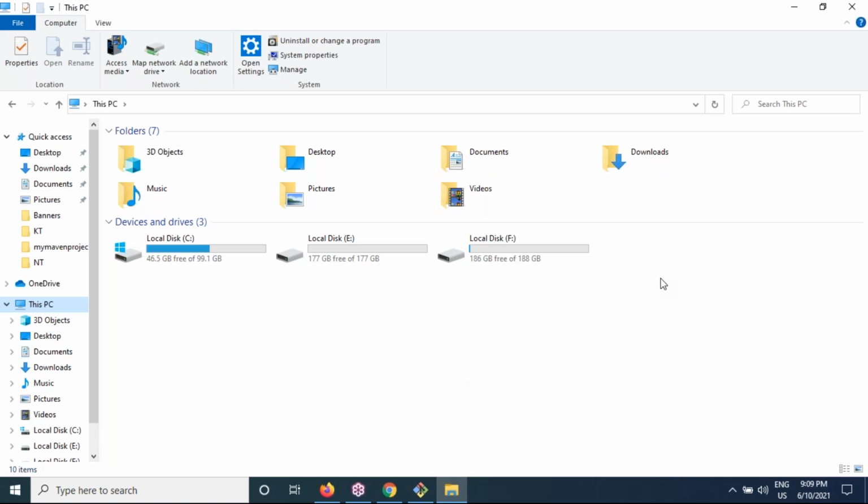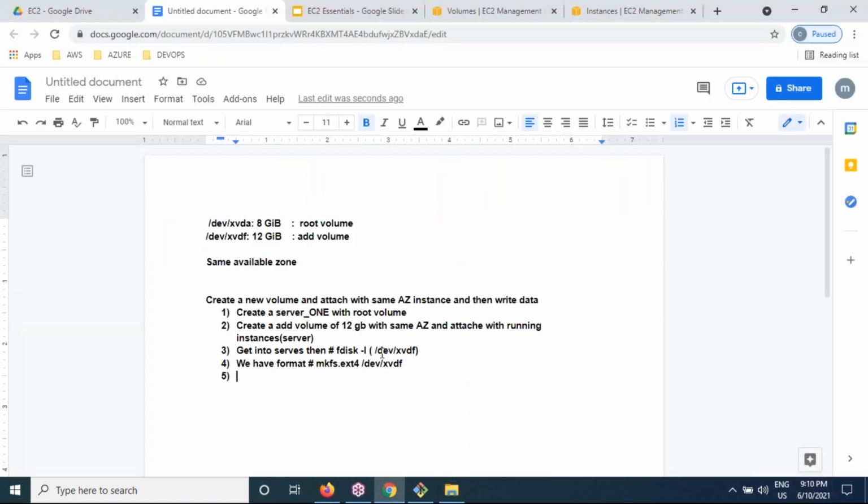No, it is not directly. The pen drive is mounted with a particular drive, such as E, F, G or H. Then only can we write data on that drive, not directly on the pen drive. So the same concept applies here also.